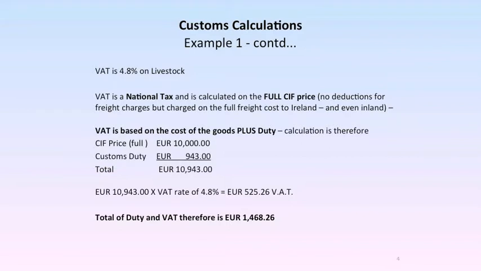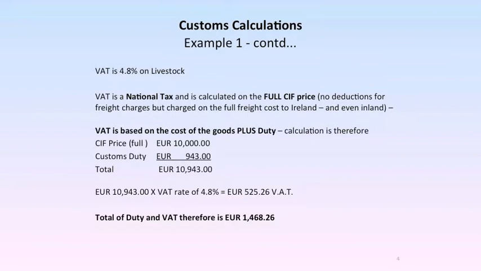Now, VAT is 4.8% on livestock. VAT is a national tax and is calculated on the full CIF price. There are no deductions for freight charges, but it's charged on the full freight cost to Ireland and even inland if applicable. So VAT is based on the cost of the goods plus duty. So therefore the calculation is the full CIF price of €10,000 plus customs duty €943, and this gives us a total of